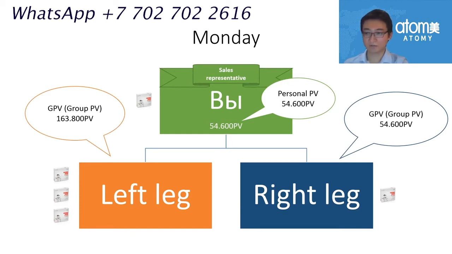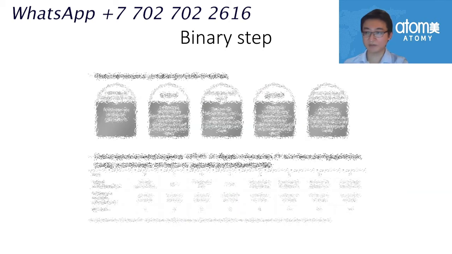In total, there are 3 sources of income. So we'll speak only about the binary steps in this video. So what is a binary step? So in order to match a binary step, you need at least to become a sales representative. There are a total of 7 types of binary steps, and we'll take a look at the smallest one, 300,000